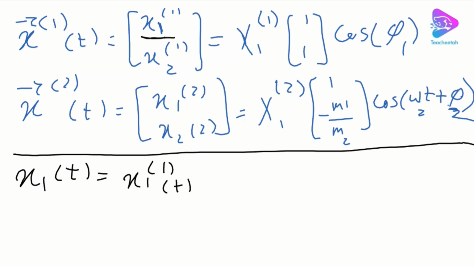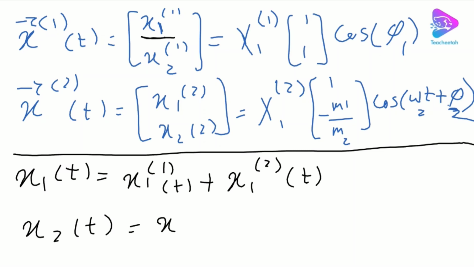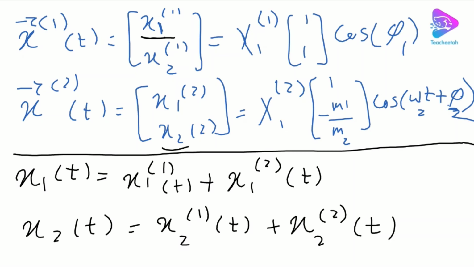Basically this is what we place here, plus x12(t), and x2(t) is x21, the first mode shape, plus x22(t). We can find them in here, right? So if we do so, we're going to get